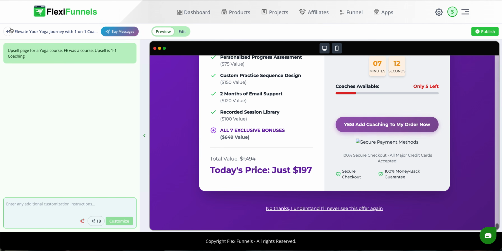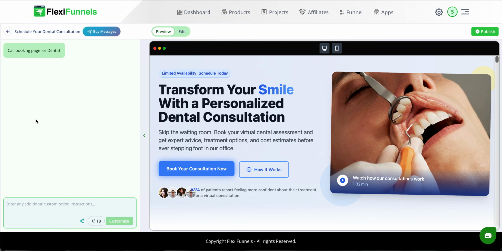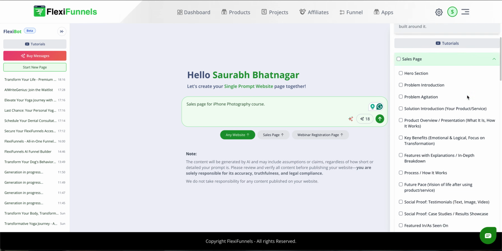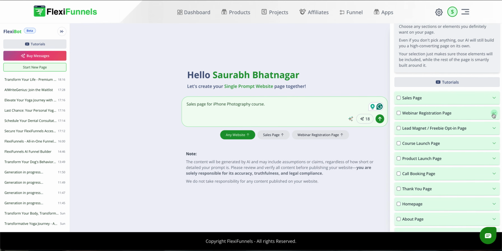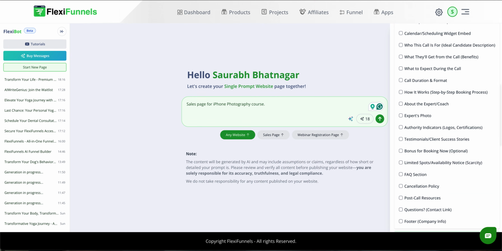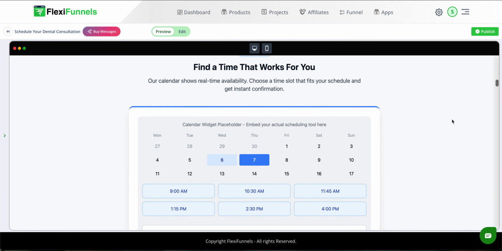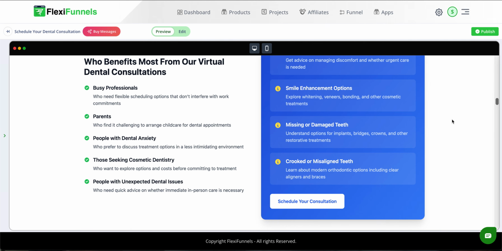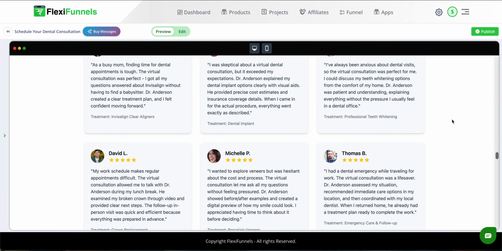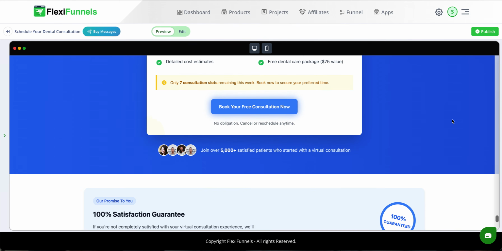So this just elevates the kind of page creation experience you're going to have. See, this is a call booking page for a dentist, but of course with all the inputs that we would have selected. There is a call booking page, all the inputs over here, and then have a look at the page, with a lot of detailing, like the embed form and all the other detailing. It has created this perfect page. So yeah, this is something which is very helpful, and it's definitely going to help in your page creation. All right.